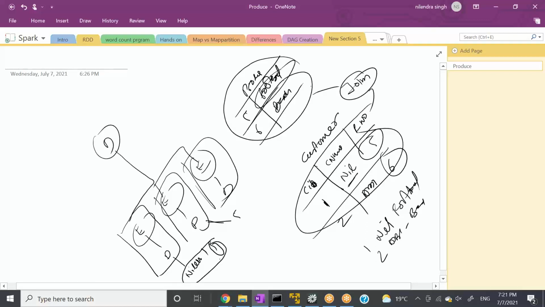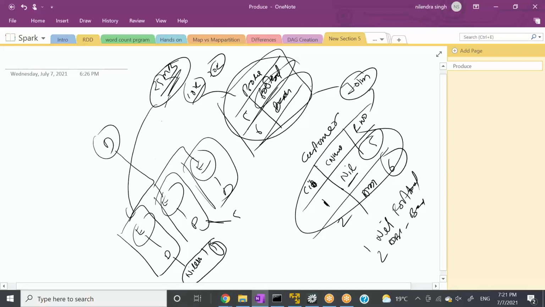Now the question arises: how can we prevent the joining, how can we prevent the shuffling? There can be a very limited number of products, right? How many products can there be? 10,000 sports products, maybe 20,000, maximum. What is the size of this file? Maybe 25 MB. So what these people suggested is, rather than joining the tables, you can broadcast this file before the joining process starts, before your execution starts, to each of the nodes.